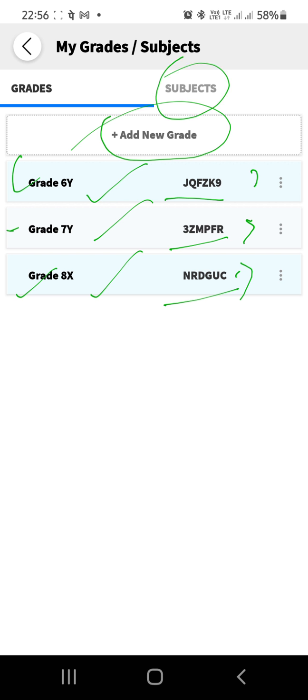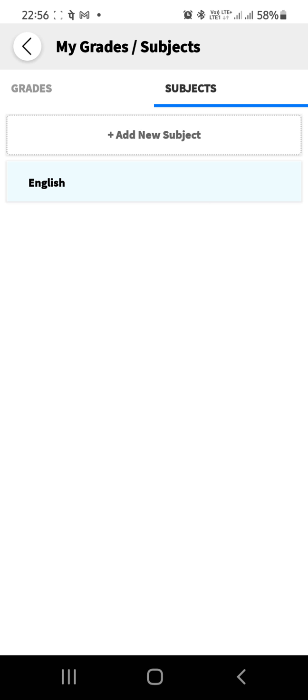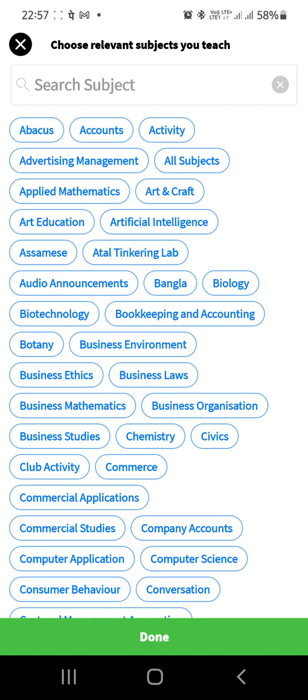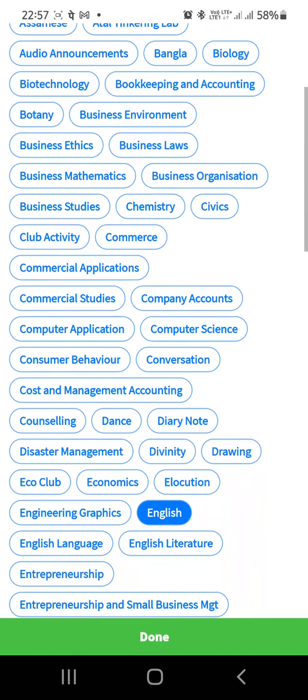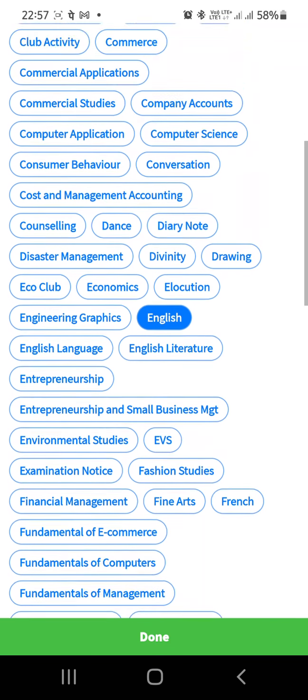Here is the subject. Okay, when you'll click the subject button, you will get the whole list of subjects. Let me show you. So on subjects, I have already selected English. Now I'm going to add all the school subjects which I have to teach. Okay, so add new subjects and see what I'm getting. The complete list. Either you scroll down and find out, or you can type it manually also.